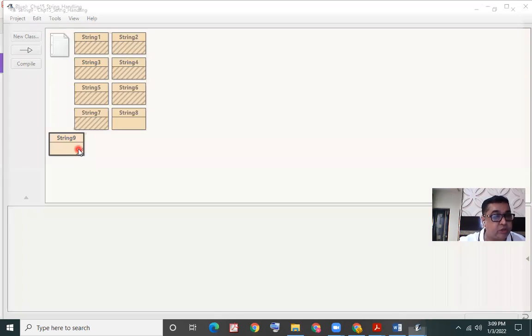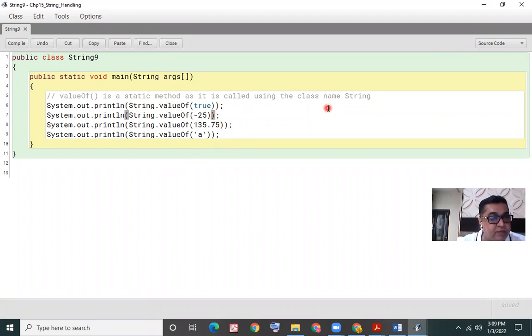To give you confirmation on this, please see, I have this String.valueOf(-25) that I've written. Beyond this, I write this plus and I'm adding. Let us make this value positive, so that would be simple. Positive value 25, and I'm adding 10 to it. So 25 plus 10. If this 25 is an integer value and I add 10 to it, it should display 35. But when I execute the program, please see what it is displaying to you.